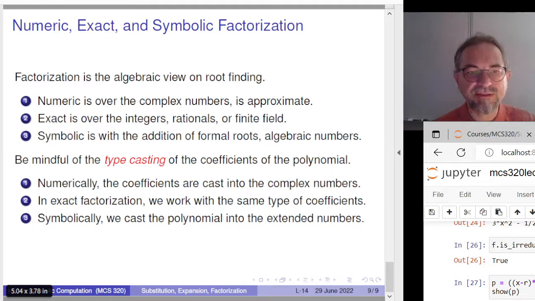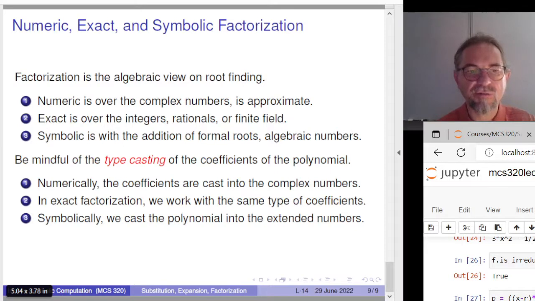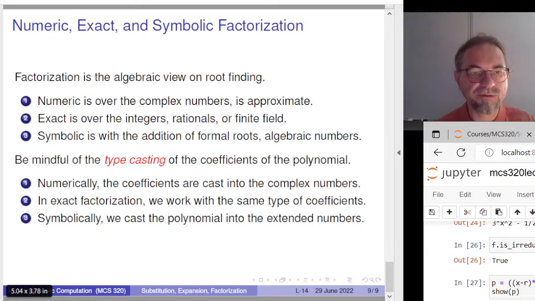I'm not used to working with 1/7, but I think you can probably recognize this here. So we have this real root, and then also there are the other roots. So this is the numeric factorization. The exact factorization